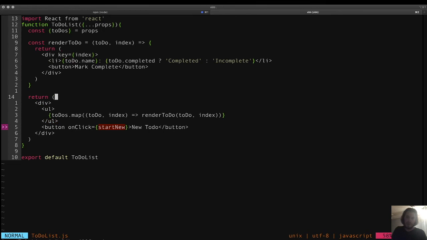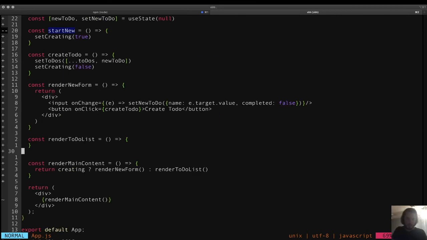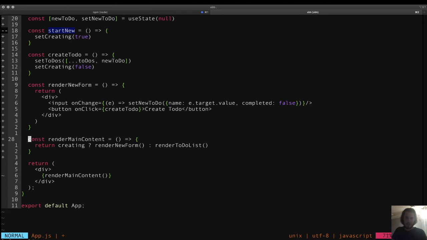All right, now the only problem is we don't have anything called start new. I'm going to say we're going to get that from our props. So now over here where we just got rid of this render to-do list, we should be able to just get rid of that entire thing. And instead over here, we would just say render our to-do list component,